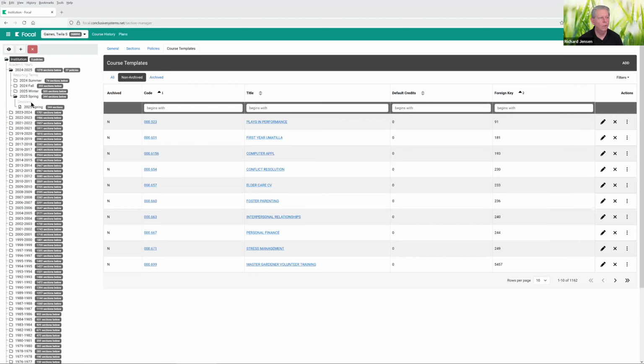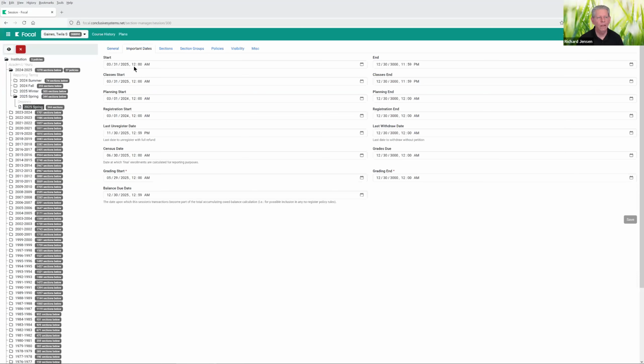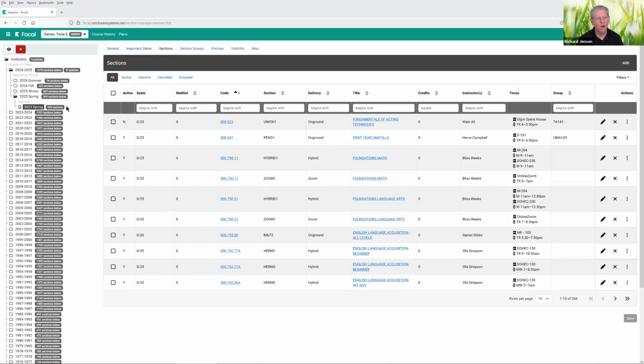And then down within reporting terms, you can have an unlimited number of different academic sessions that you offer. And within a session, you're able to specify all these different dates of when your last unregister is and all that kind of stuff. Then all the sections that you offer in that particular academic session are listed here as well. And each one of those